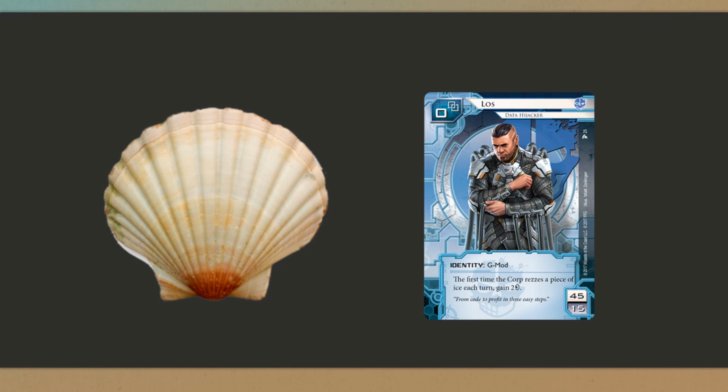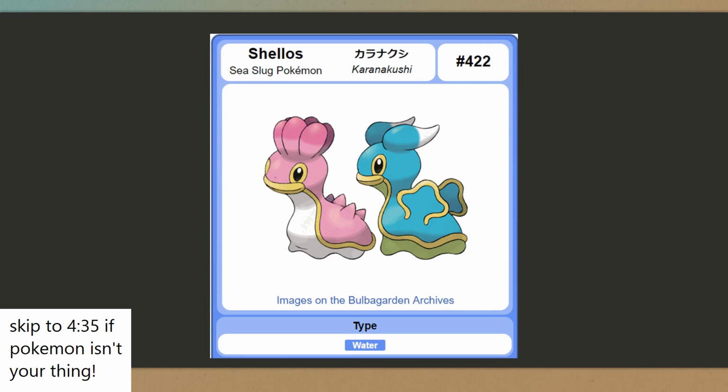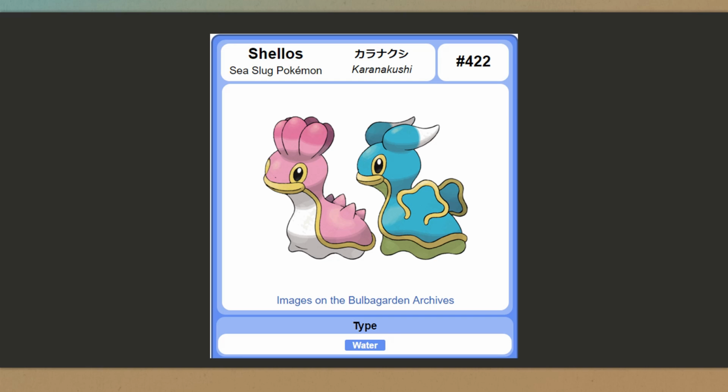Today we are going to talk about... what's that shell doing there? Shellos! Isn't it cute? Well, this Pokemon sure knows how to be adorable and competitive at the same time. Now, there's not much to talk about it competitively because it's pretty mediocre as with most pre-evolved Pokemon, but it